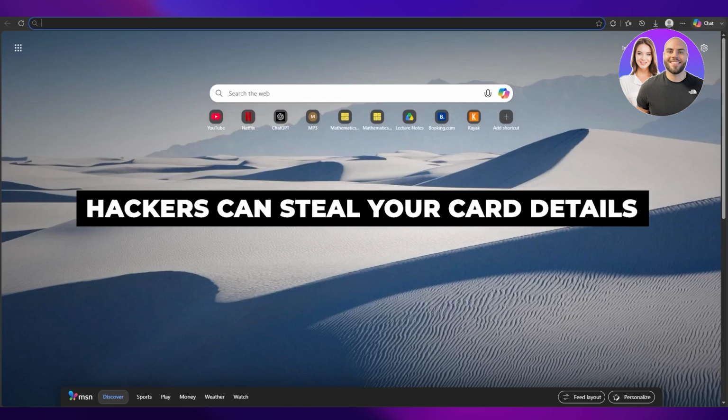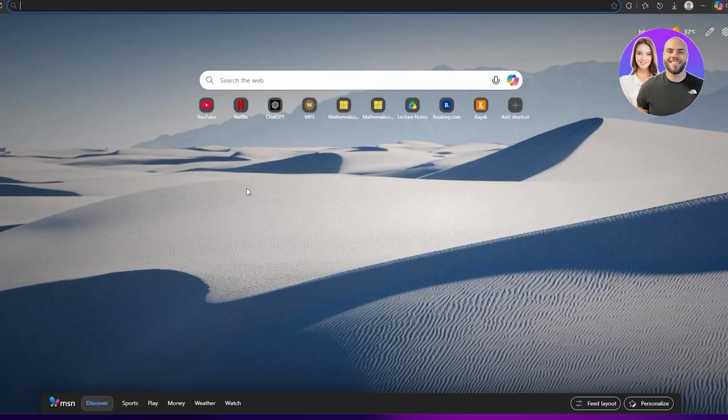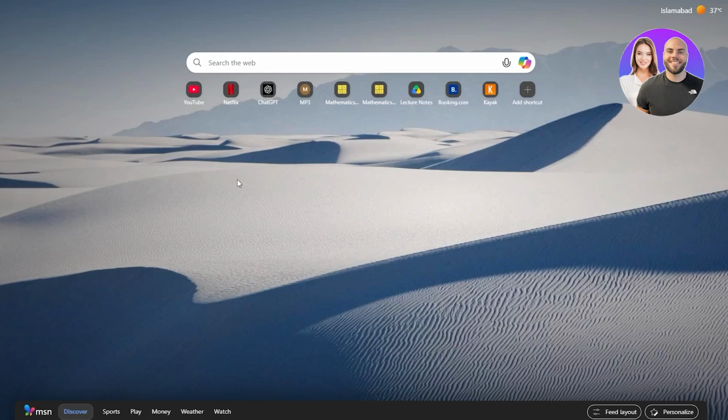Hackers can steal your card details, so turn this setting off now. Now, if you have ever saved your card details on maybe your phone, your browser, shopping apps, you might be exposing yourself to a risk that most people are never going to think about. Because in 2026, hackers don't always need your password. Sometimes they don't even need to hack you directly. They just need access to a weak setting on your device or browser, and your saved payment information becomes an